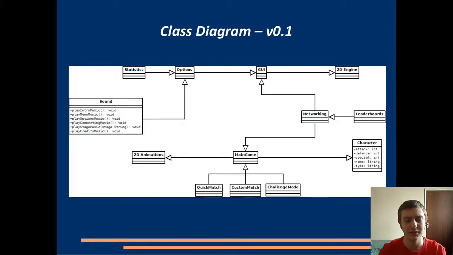Another main class we're going to have is the main game class. You can choose different game modes, so you might have quick match, custom matches, multiplayer matches, things like that. So we'll have individual classes for all of those game modes, which are subclasses of the main game class. We'll also have a 2D animations class to handle all the 2D animations. That should probably be a subclass of the 2D engine, or maybe it has its own class. We'll see about that. And the characters as well are going to have their own class,